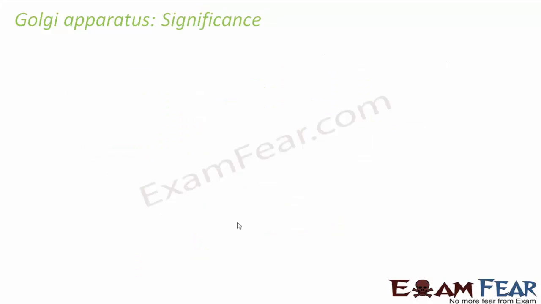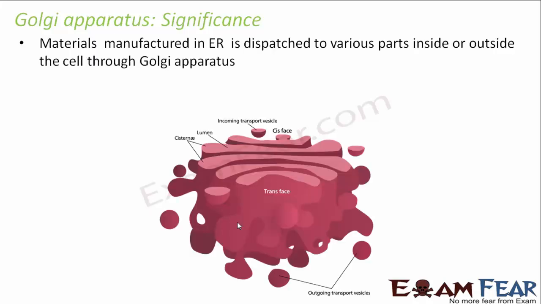Okay. So now let us look at the significance of Golgi apparatus. What is the purpose of the presence of a Golgi apparatus inside a cell? Materials manufactured in endoplasmic reticulum are dispatched to various parts inside or outside the cell through Golgi apparatus. Now first answer me, what are the materials that are manufactured in endoplasmic reticulum? Rough endoplasmic reticulum has ribosomes on its surface, and ribosomes manufacture proteins, right? What else is manufactured by endoplasmic reticulum? The smooth endoplasmic reticulum will